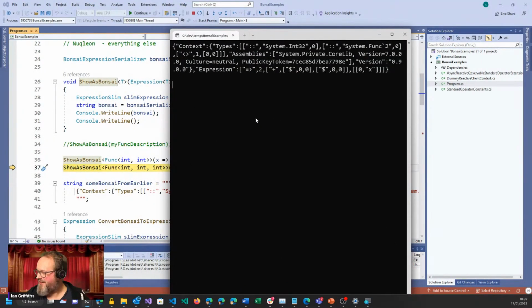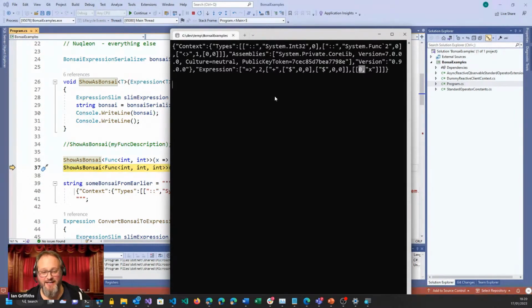That is a Bonsai representation of the expression. If you squint, you can sort of see it. It's basically JSON, and this bit here says, here's the expression. It's a lambda. Look at that, that's a lambda arrow. A lambda with 2 arguments. The body of the lambda consists of a plus, and the left-hand side of the plus, the dollar signifies an argument, so it's the argument at position 0. Here's the list of arguments at the end, so that's x. And then the right-hand side of the plus is also an argument at position 0, also x. So that is a lambda evaluating to x plus x.